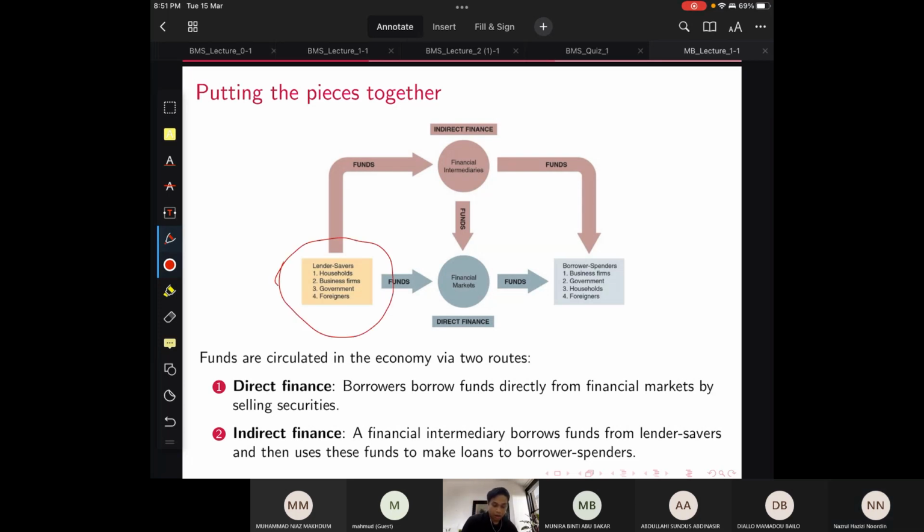So this is for people with excess money. They can go to the financial market directly, having direct exposure to it, go to the counter or the virtual platform, pick the investment options they want, and right away put the money in. The second way is through financial intermediation, or what we call indirect finance or investment, where you need a third party like banks, for example, or an investment company or mutual funds